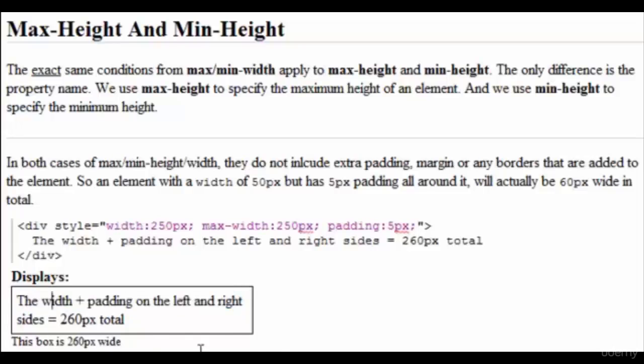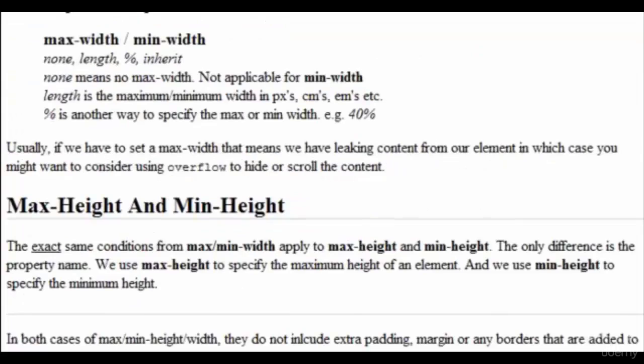The displayed example right here is a 260 pixel wide box, and that's because you have 5 pixels to the left and 5 pixels to the right of padding. Also note that there is a 1 pixel border around it, so the element in total would be 262 pixels. Now I hope I didn't overcomplicate that. I just wanted to let you know that padding, margin, and borders will add extra width to your elements, on top of a max width or a minimum width. Oh, and before we go on,